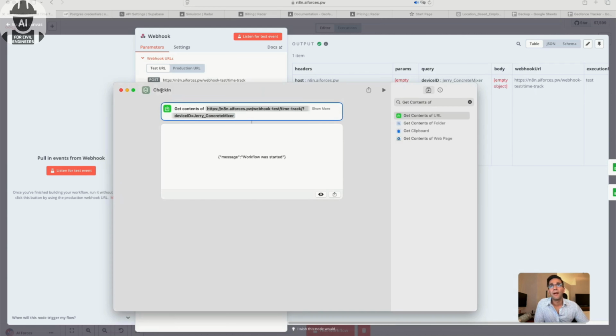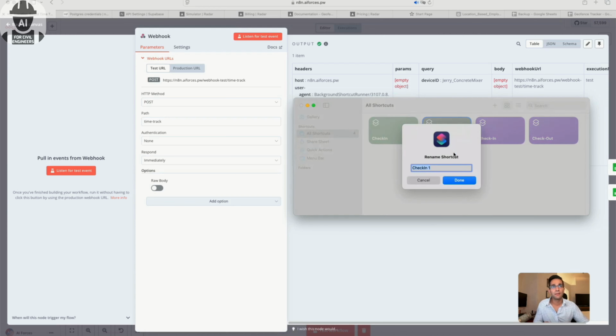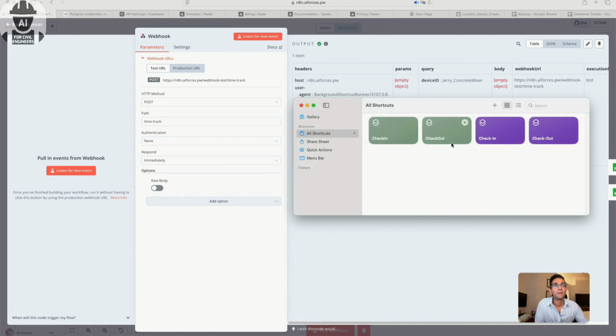All right, so you have a check-in, and now you want to create another one in here, duplicate it. That's basically because I'm syncing with my iPhone, so this is on Mac. You can create this on your iPhone as well. So duplicate this and then rename it to check out without dash, and you can see here that's the shortcut icon. So if you don't have it, go to an app store and you should look for this. So here, check out, edit, and in the edit mode,